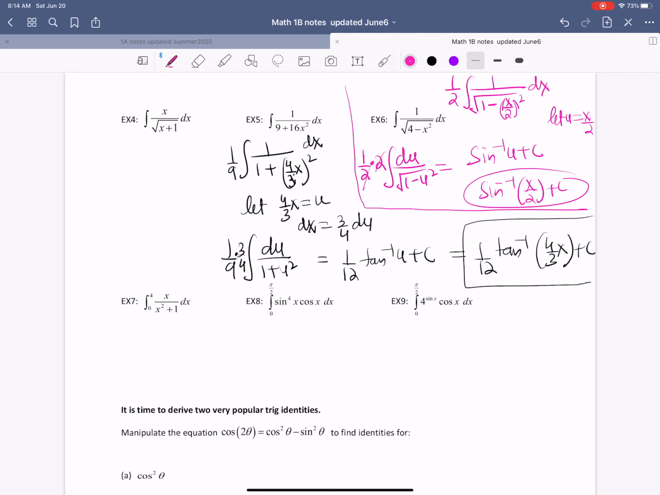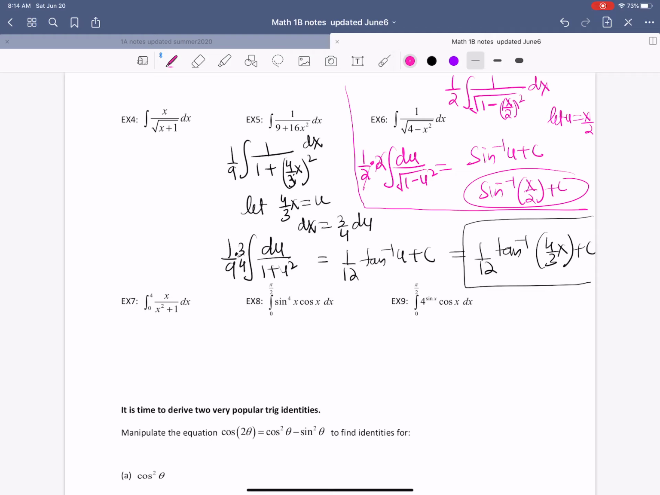This is part 2 of the integration techniques. So now we're looking at some definite integrals with u substitution techniques. Okay, so the first example, I see the x squared plus 1 in the denominator, the x